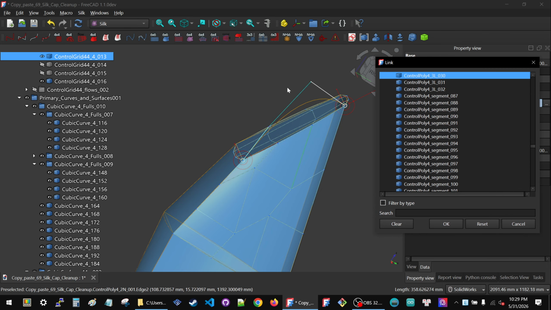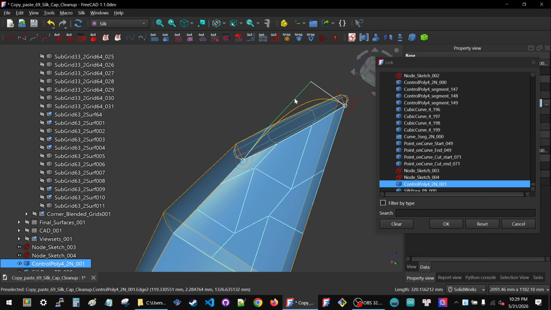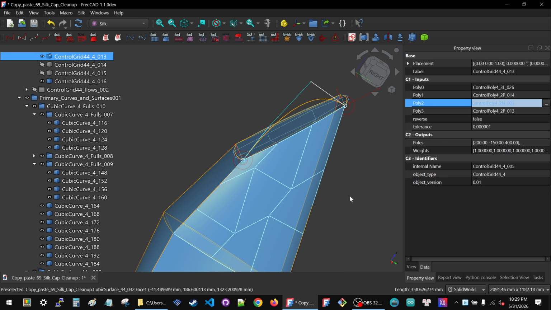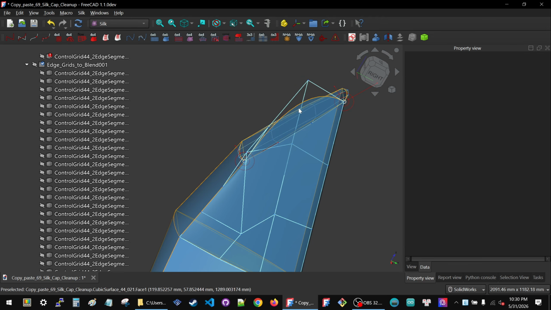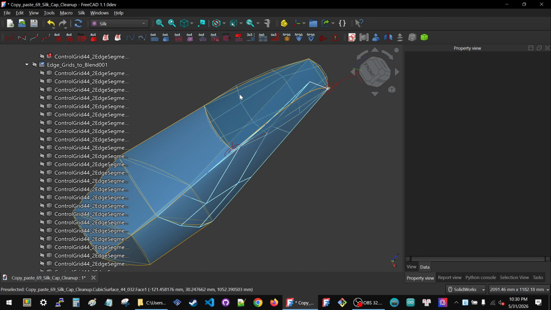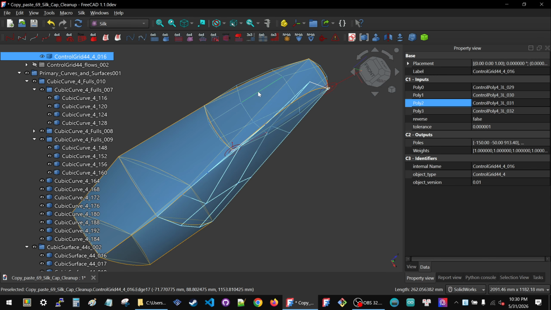Right now, I still see control poly 30 clearly, but when I update it in this grid and hit F5, I don't know what I hit. Okay, this grid has jumped to the curve. Now I have the grid on top of the polygon. So when I update this grid, and I want to replace 30,